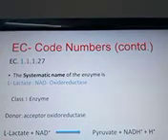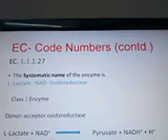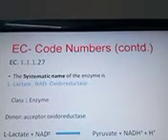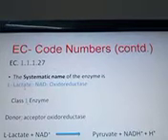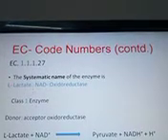So here the donor is L-lactate and the acceptor is NAD+, separated by a colon. And finally the class of the enzyme,